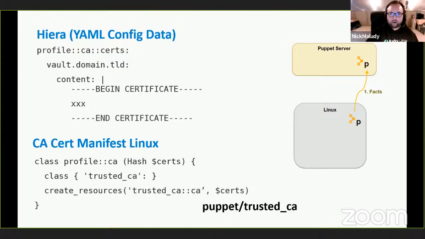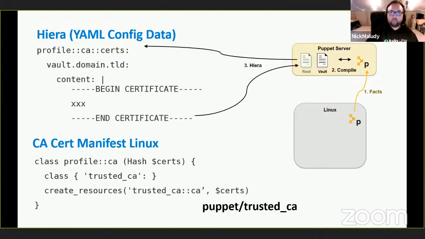We have our Puppet agent that kicks off, reports our facts again. It compiles the catalog, and during the catalog compilation, it's able to look up some data in what's called Hiera, which is a hierarchy of data. By default, it's YAML, but it can be lots of other things. You can talk out to a Postgres database, ServiceNow, anything you want, right? It's a totally flexible and pluggable system, but by default, we embed things